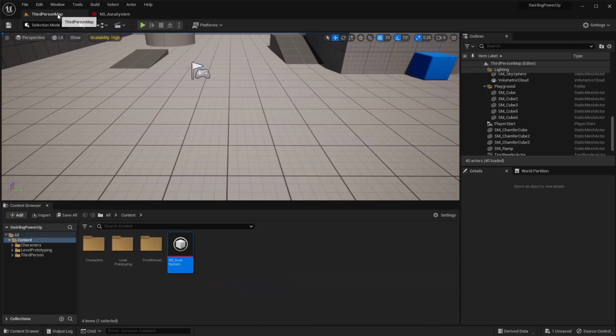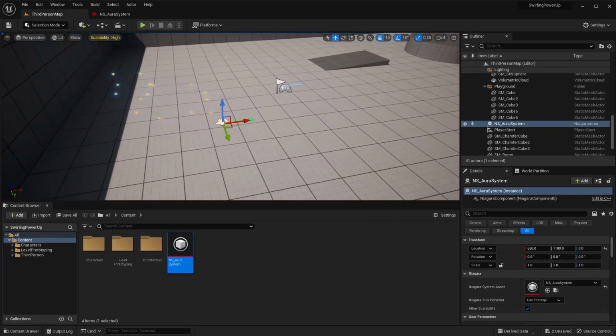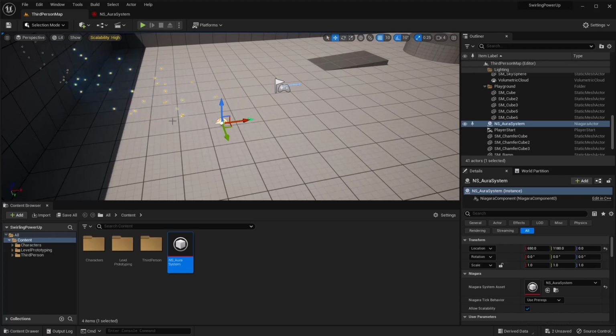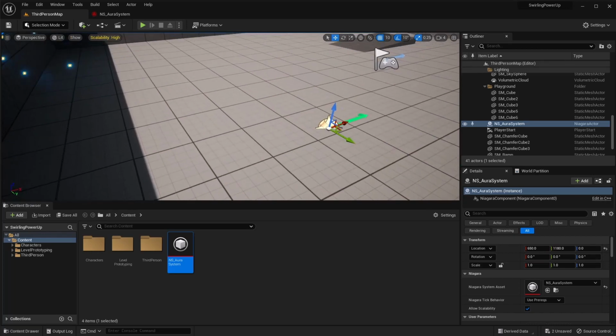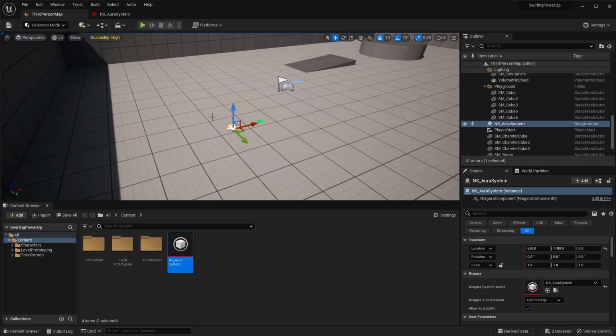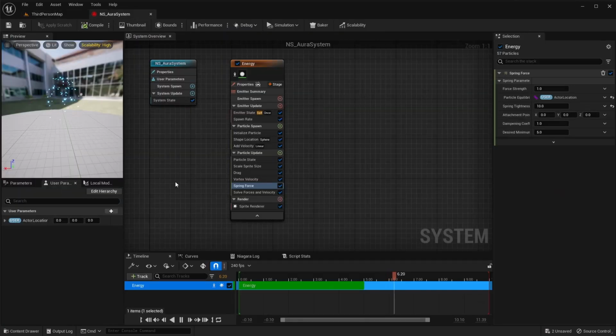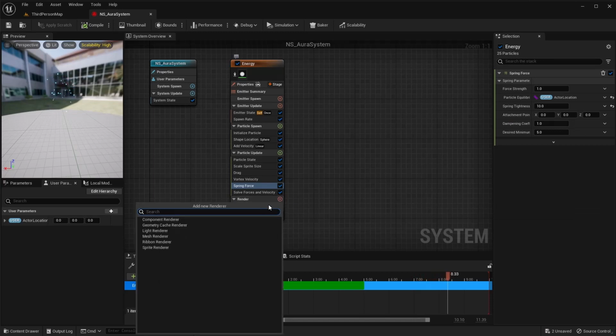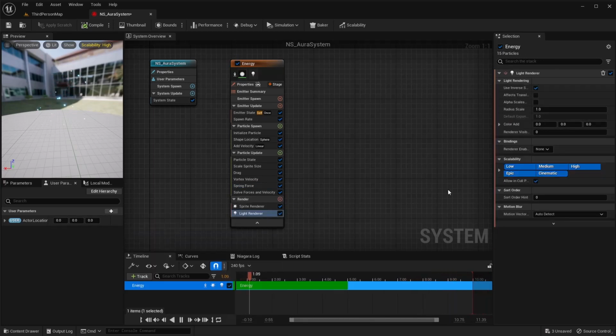The next thing that we want to do, if we pull this out into the world, right now they're going to be attracted to just 0, 0, 0, which is clearly off in that direction somewhere. But one thing that we want to do is add a light to these. So if we go to our render and do a light renderer, I want this light to be some sort of blue.